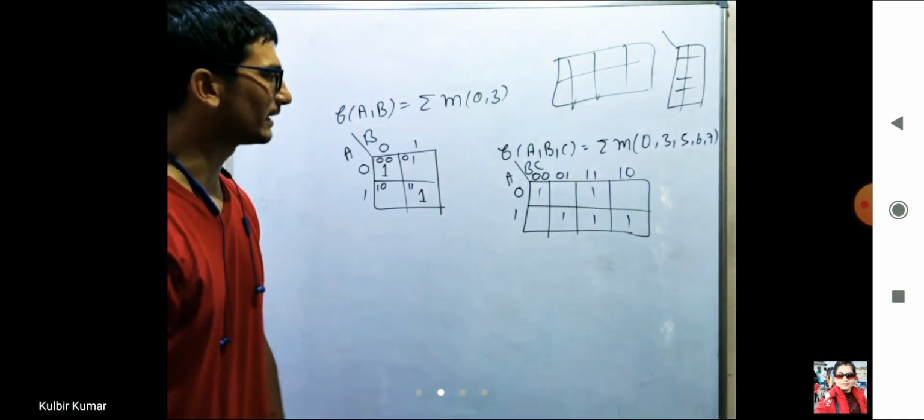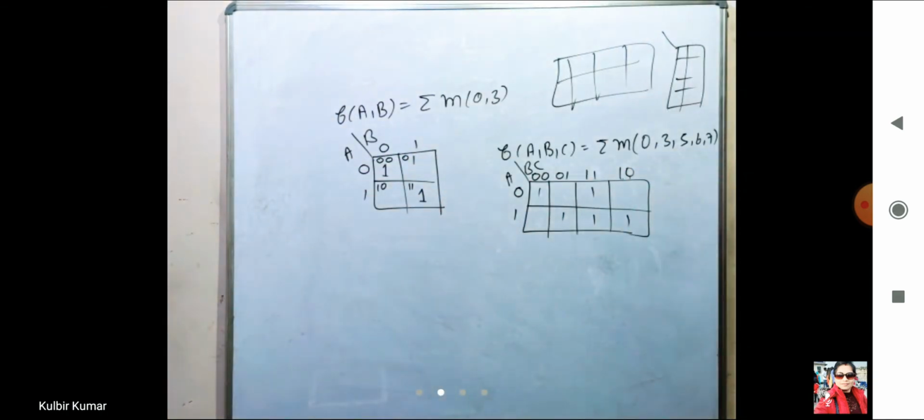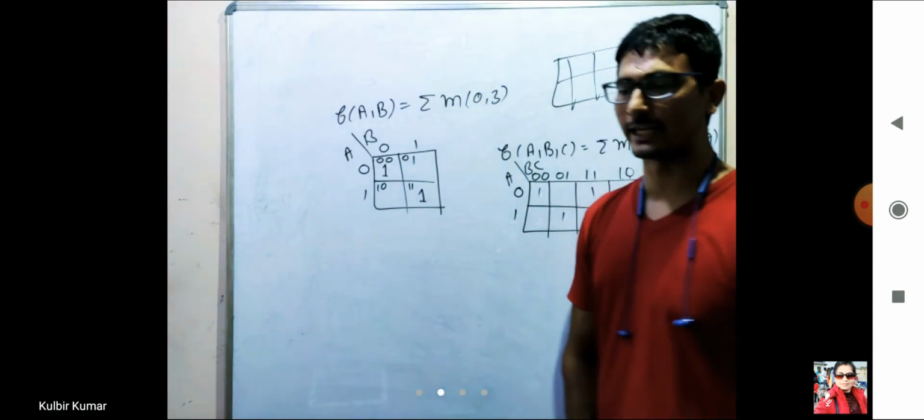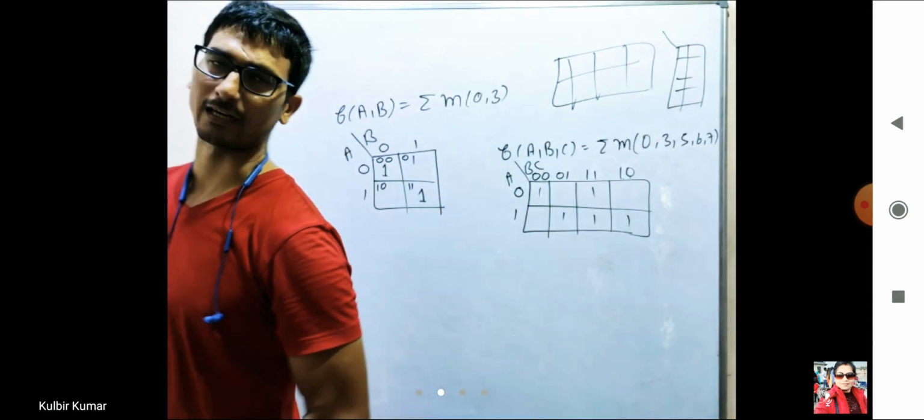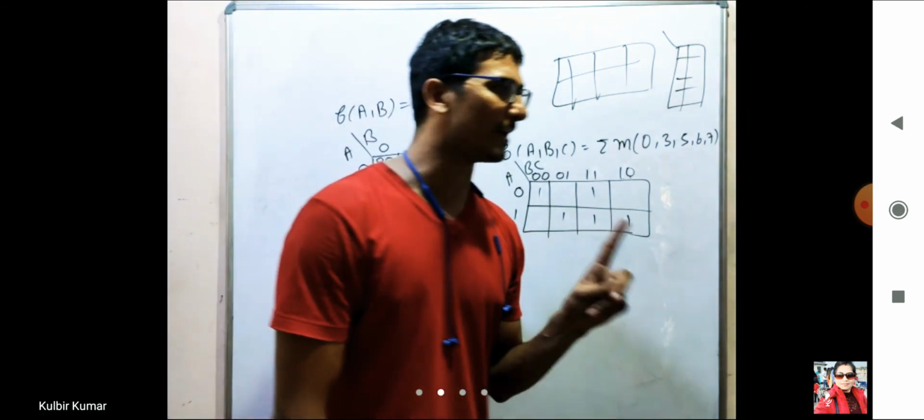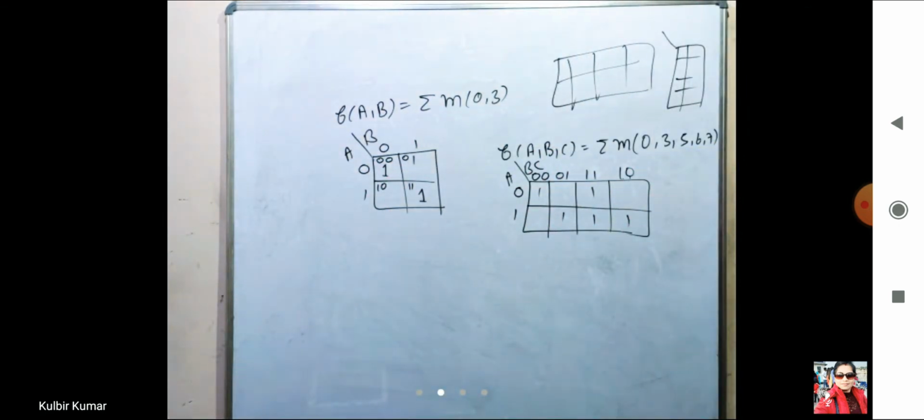Now what is the next thing? We have to create pairs. जो 1 1 होंगे उनके हमें पेयर्स क्रिएट करने हैं. और जब भी हमें पेयर क्रिएट करने हैं तो इसके लिए पहला रूल होगा कि जो पेयर में नंबर ऑफ वंस होंगे दैट मस्ट बी एन एग्जैक्ट पावर ऑफ 2.